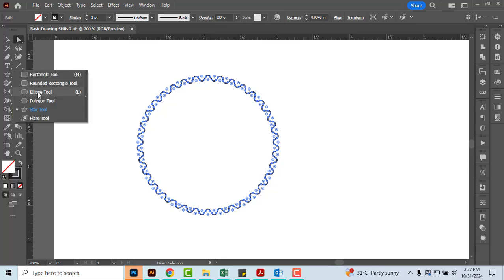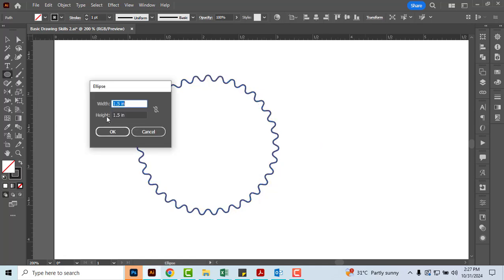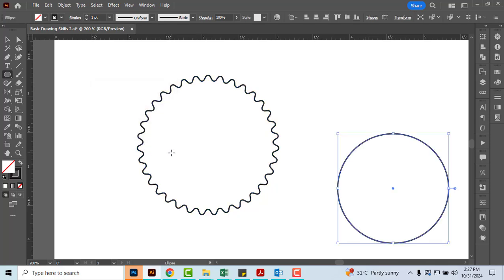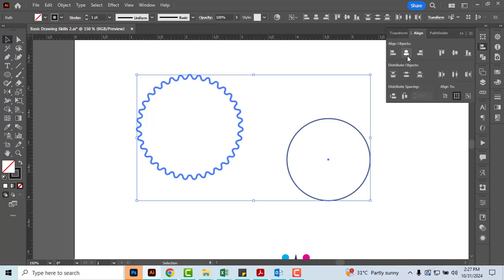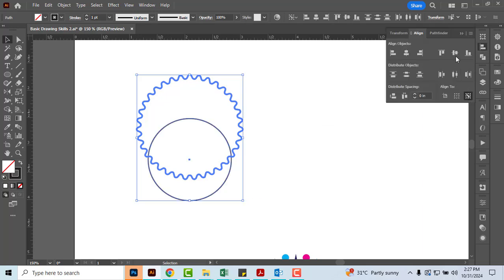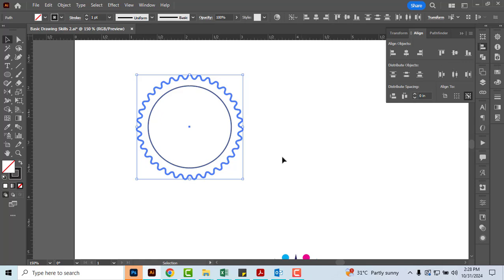Select the Ellipse tool, then click on the page and enter 1.5 inches as the circle's diameter. To center align the circle within the star, pick the Selection tool, select both objects, and click on the star shape again to designate it as the key object. Open the Align panel, then select Horizontal Align Center and Vertical Align Center to position the circle in the center